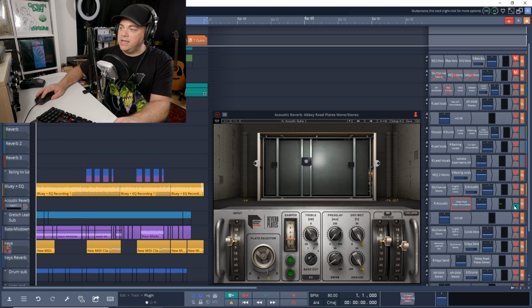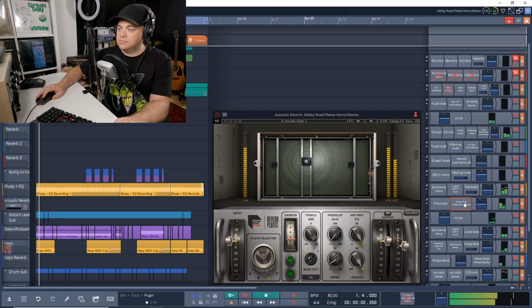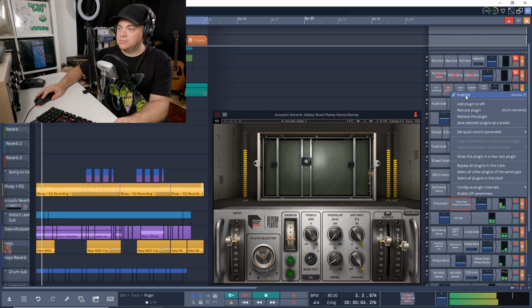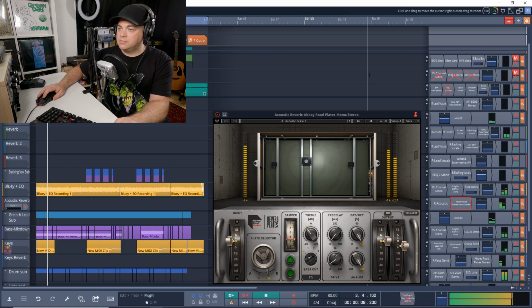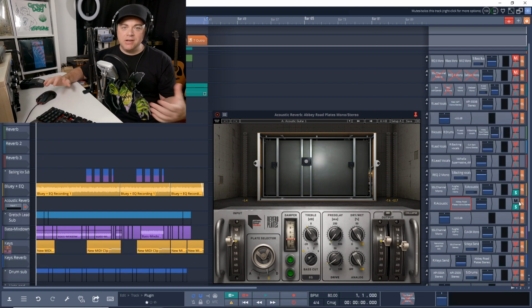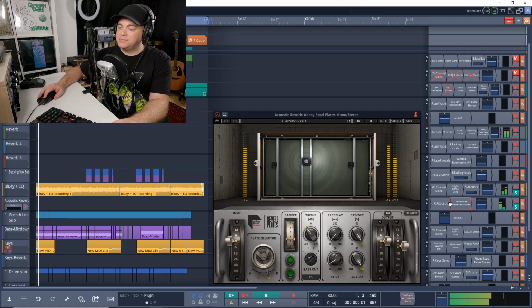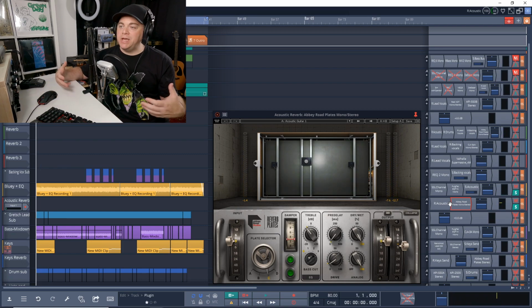Now let's listen to it in the mix on and off. So you can hear it adds some nice space to the sound. Again, here it is. It makes it sound like I was playing in a really nice room, but really I was just playing in my basement, so it doesn't have the greatest acoustics in here, but that really sounds nice.